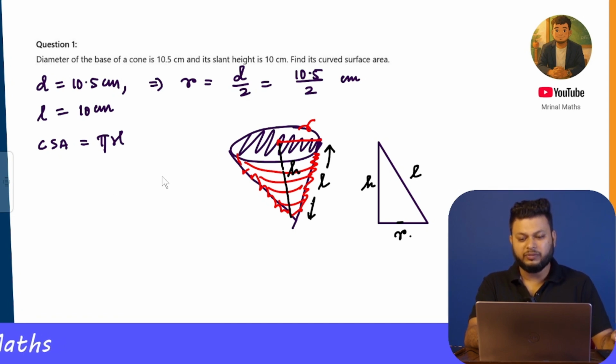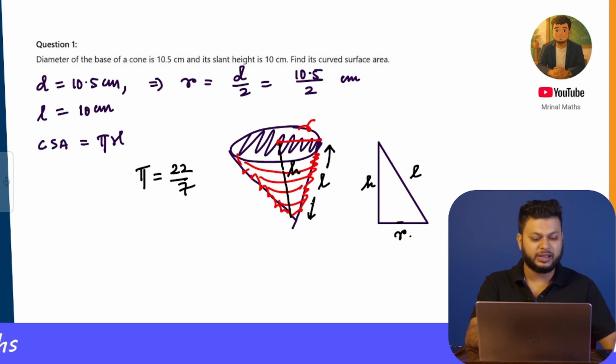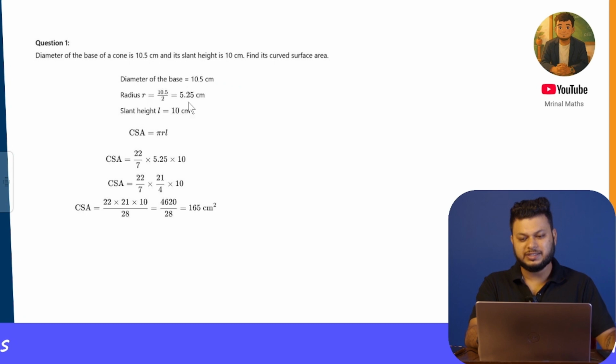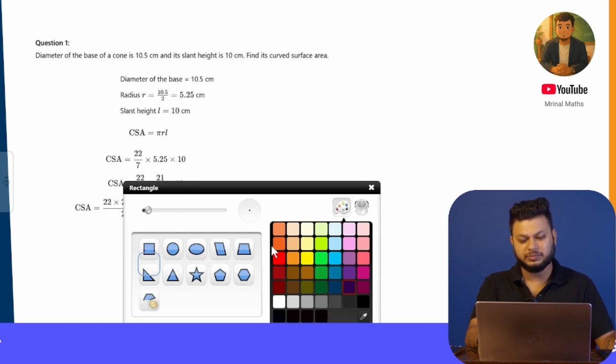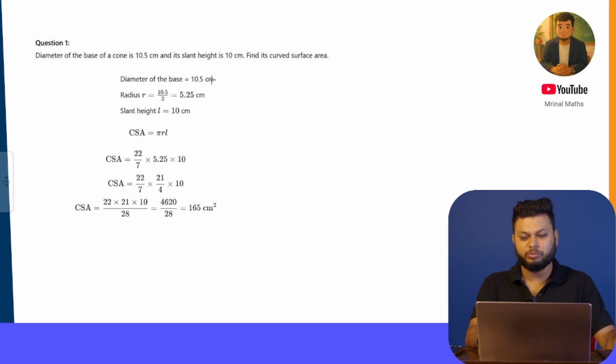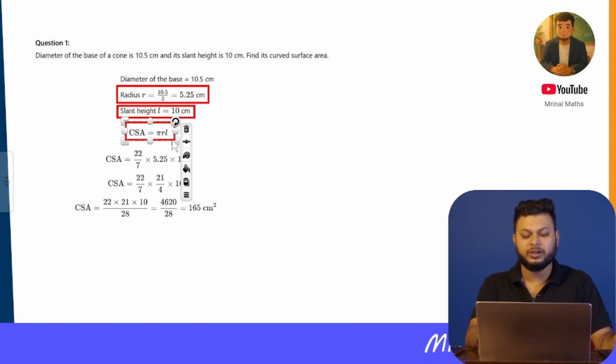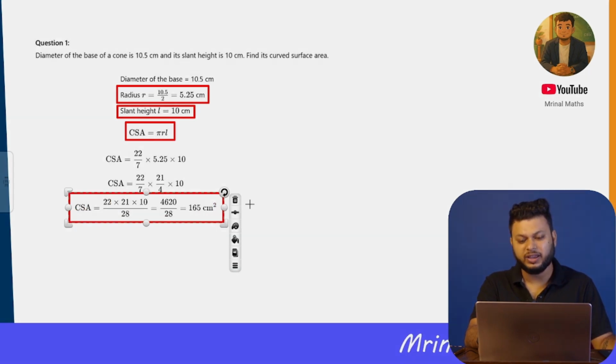So now the pi value, in case they do not mention it in the question, we will assume the pi value to be 22 by 7, and radius is known, L is also known. We are going to see the calculation for this. You can see the diameter of the base of the cone is 10.5, so the radius is 5.25, as well as the slant height is 10 centimeter. Applying the formula, curved surface area of a cone is pi RL. Going ahead with the calculation, the curved surface area of the cone is 165 centimeter